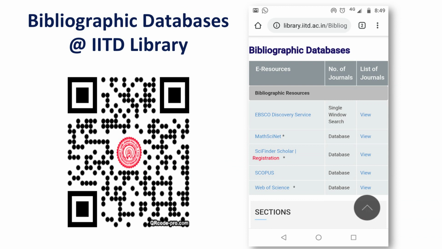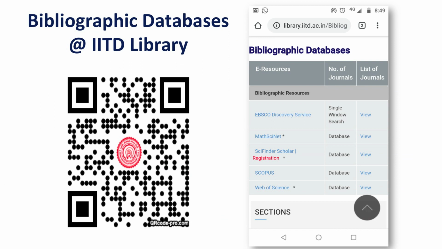Coming to bibliographical databases, libraries provide different kinds of bibliographical databases according to their availability. These are the most prominent ones in any library. For example, for the bibliographical databases available in the IIT Delhi Library, you can see on the left side of your screen a QR code with a logo.